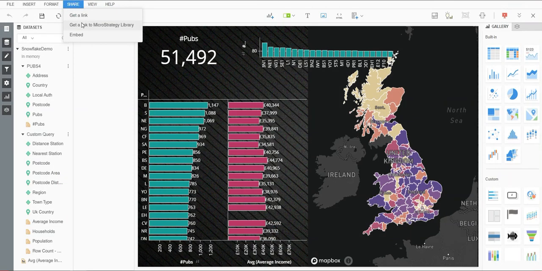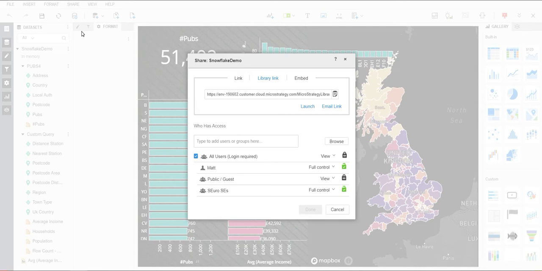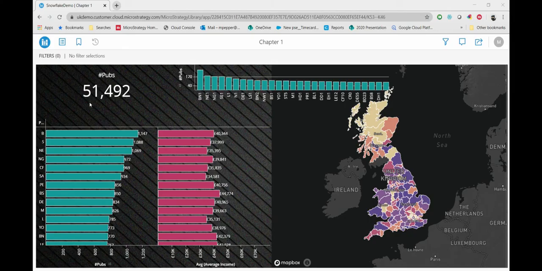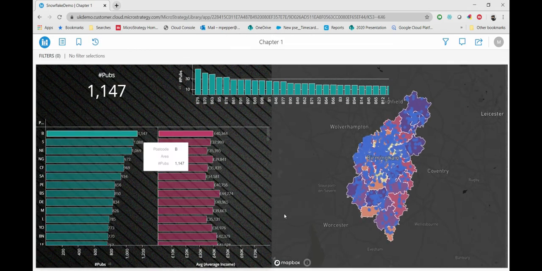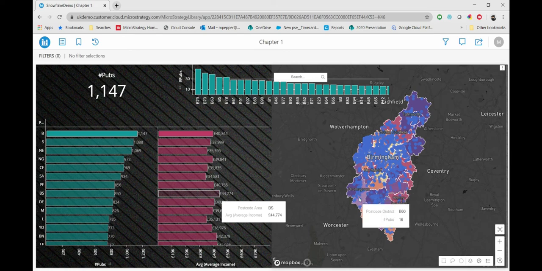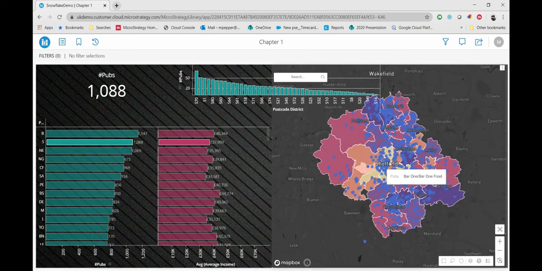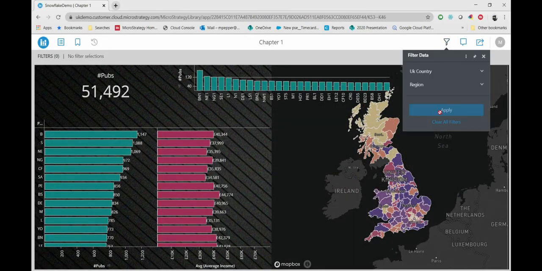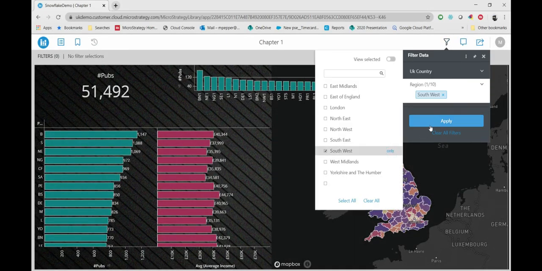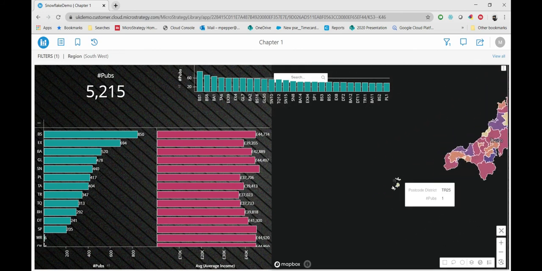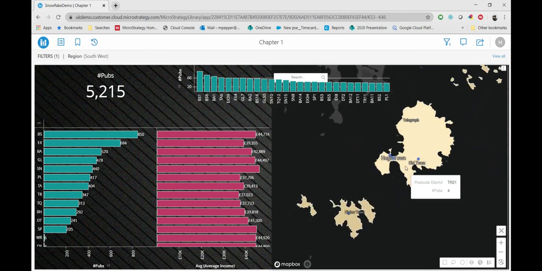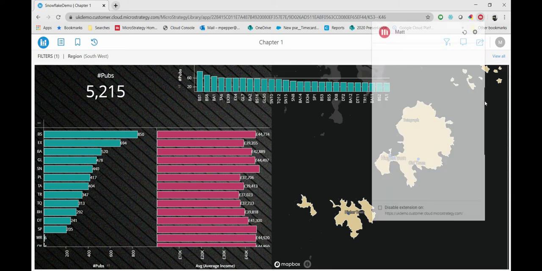Okay then, let's see what our dossier looks like within Library. From the chart we can see that Birmingham, the B postcode area, has got the most pubs, and when I click on the bar it zooms straight in and we can see each individual pub. I could also filter on a region, so let's say the southwest, and zoom all the way into those little islands down there